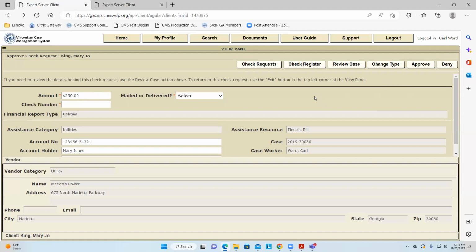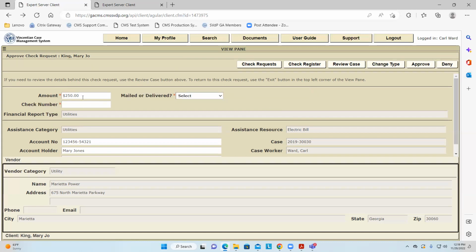Now, what does that mean? That means that if the caseworker opened up that case and looked at their assistance tab, the status would say deny. And then, of course, a conversation would ensue between the caseworker and the treasurer saying, why did you deny my request? And who knows, there might be valid reasons. It might be that they went over the conference limit for that specific category. Don't know. But you have that ability to deny it.